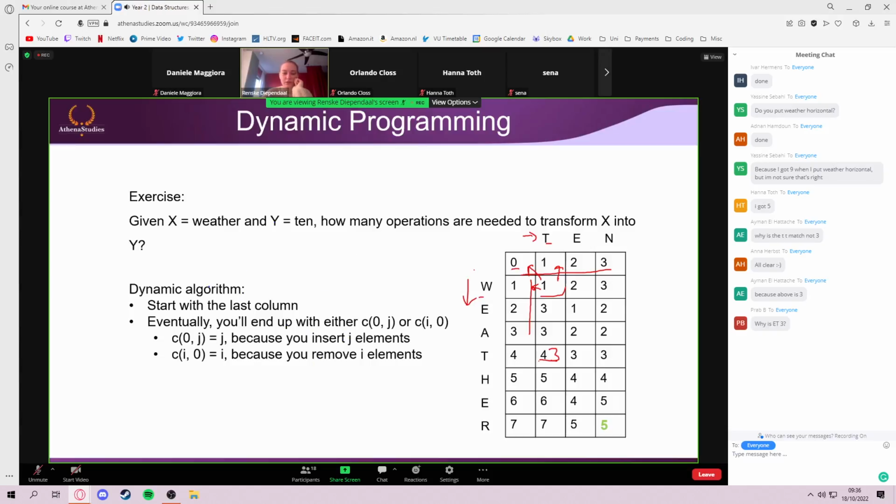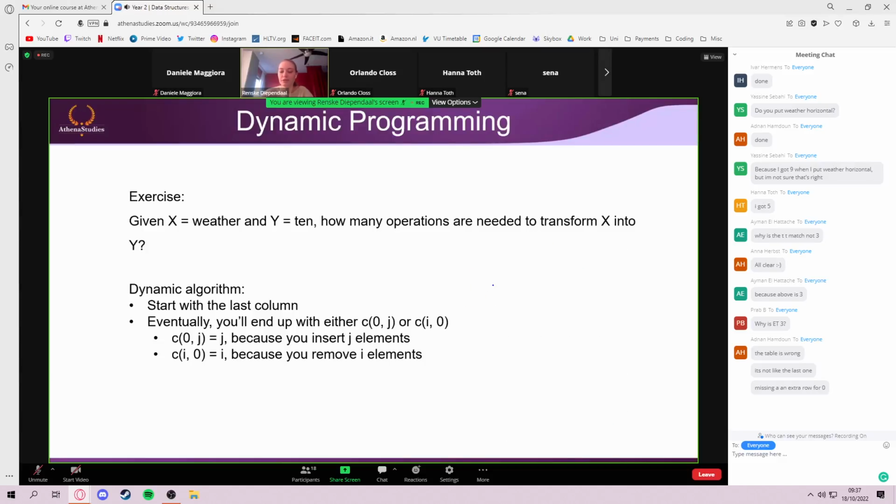All right, let's see. Why is the ET equal to 3? This one, also correct. That should be a 2. But yeah, and then it also doesn't matter. Yeah, the table is a bit wrong. It's not like the last one. Yeah, and the last one we also had like, yeah, it's sort of like we had what's